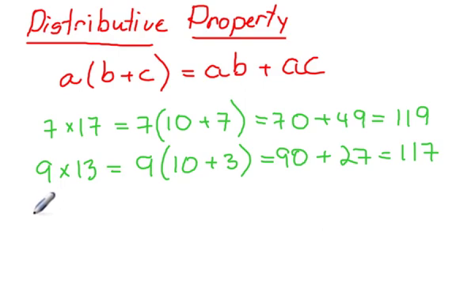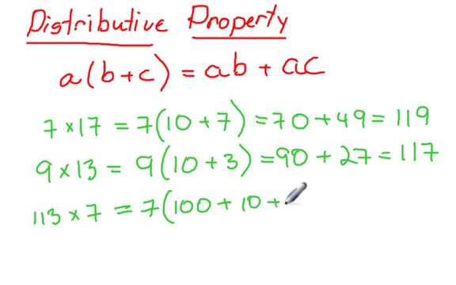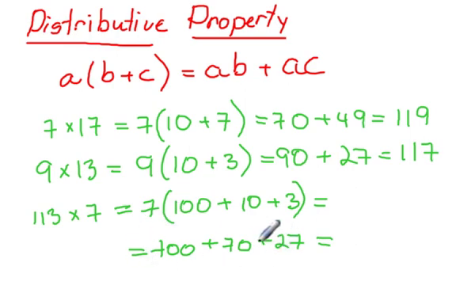Let's say you had 113 times 7. Again, you could split it. You could say, well, I'm going to multiply 7 by 100 plus 10 plus 3. Here I have 100 plus 10 plus 3 is 113. So really all I did is rewrote 113 as a sum of 3 numbers. So now I can multiply 7 times 100 is 700, 7 times 10 is 70, and 7 times 3 is 21. When I add it all together, I get